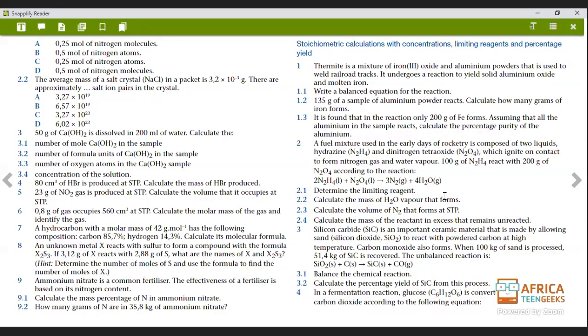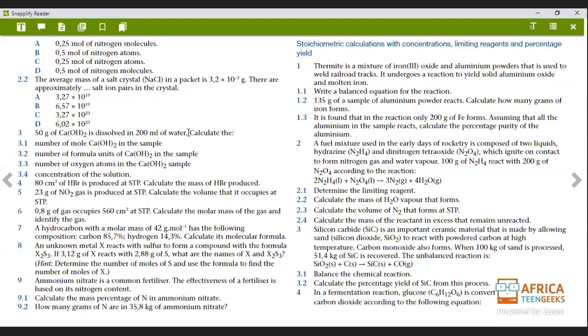And then for our calculation, which starts here, stoichiometric calculations, concentration, limiting reagents, and percentage yield. This part, we're going to do the even numbers. So we're going to start from number 2 and do 4, 6, 8, 10. So tomorrow, we are strictly doing calculations, nothing else. And plus the theory part, this side, we're going to do the odd numbers, which means we're going to do 1, we're going to do 3,